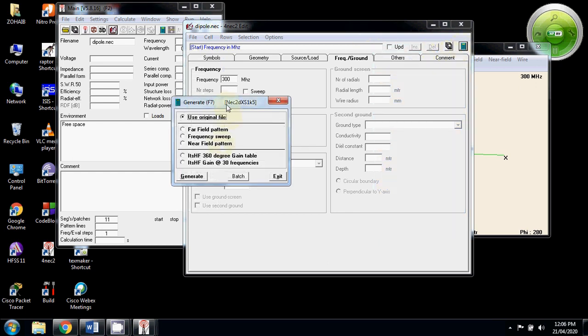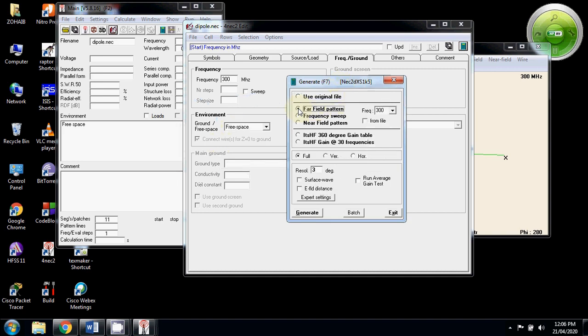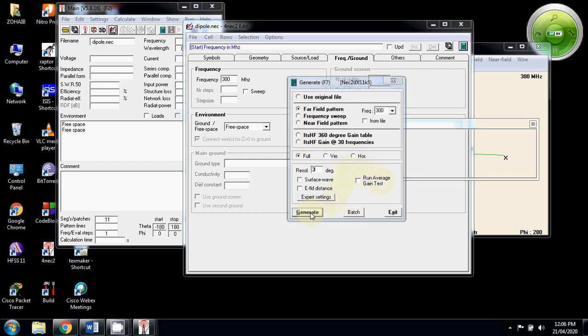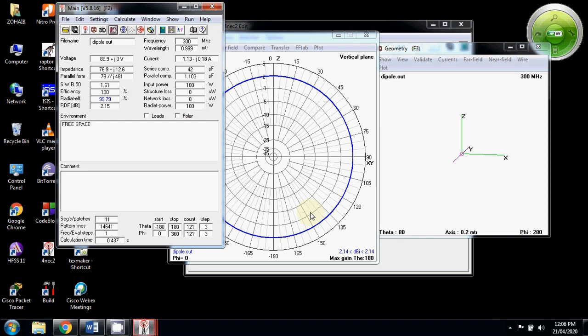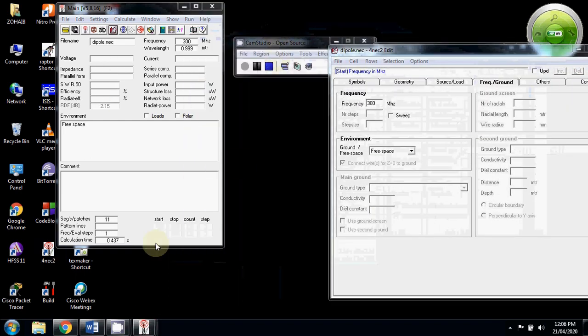After clicking this button, this small window will open. We have to select far field pattern, and with this far field pattern, in this window you need not do anything. Just click on generate. This will start the simulation. The first window you will see after this simulation will be,